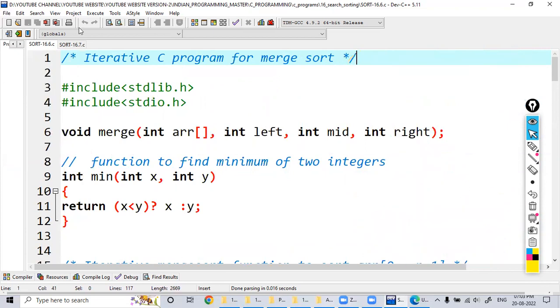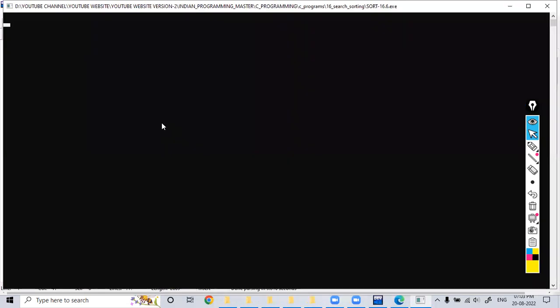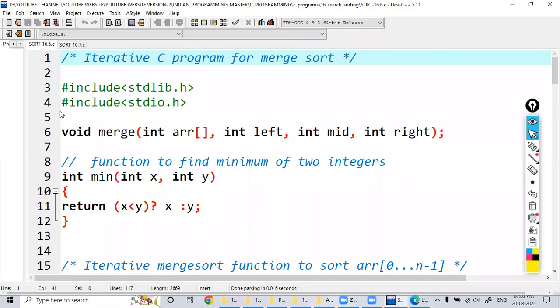Just execute and test the values here. See, the given array is 10, 5, 12, 4, 25. The sorted array is 4, 5, 10, 12, 25. So if you feel that the code is very lengthy, then instead of this